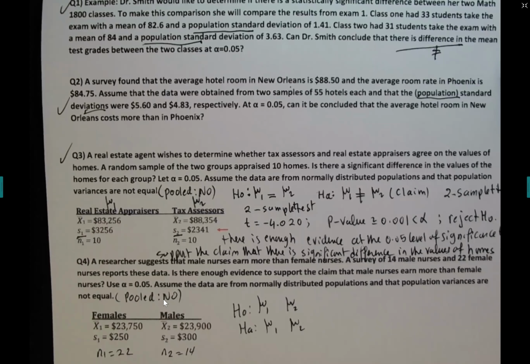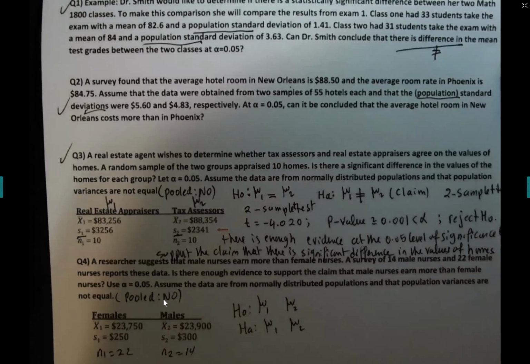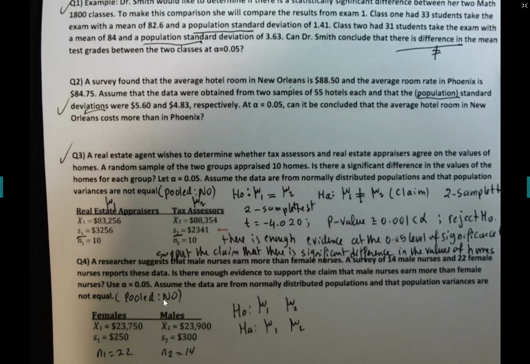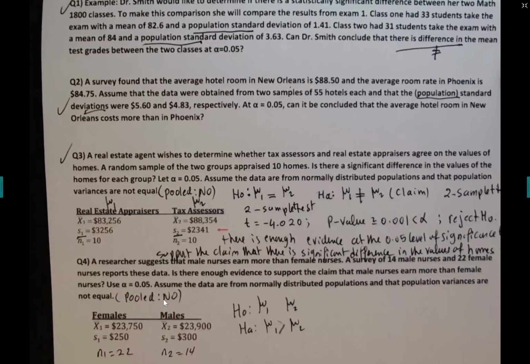Okay, I need the signs, guys. He says, alternative is greater than, so this one is greater than. Is that what you said? Yeah. All right, that is not correct. No, it's gonna be mu1 less than mu2, because, and I know, guys, I know now you're confused because you